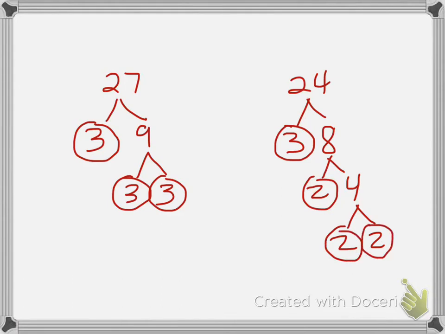Now, is anything common between them? Yes, this 3 right here, and this 3. Those are the only two numbers that those factor trees have in common, the circled numbers, and so the GCF, we would say, is 3. It is that 3. Okay, so